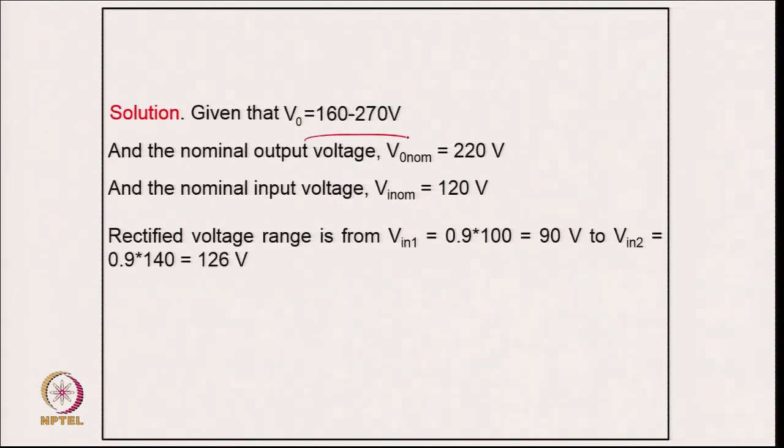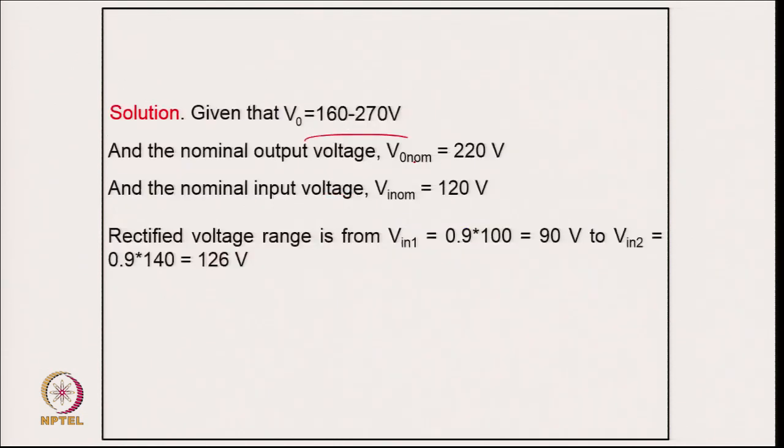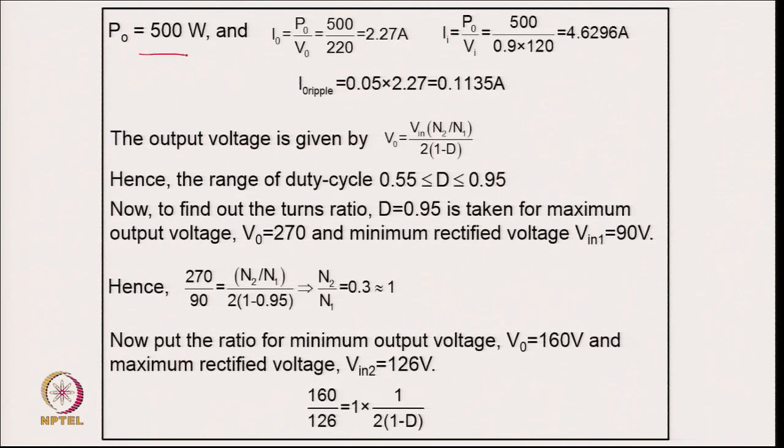So, the output voltage range is 160 to 270, the output nominal voltage is 220 volt, and the input nominal is 120 volt. The rectified output of the diode rectifier is 0.9 times the input voltage, that is 90 volt for 100 input and 126 volt for 140 volt input, and then for a power of 500 watt the output current from P upon V0 comes 2.27, and the input average current of